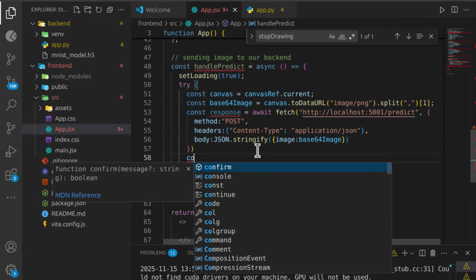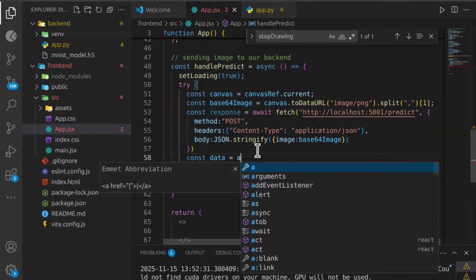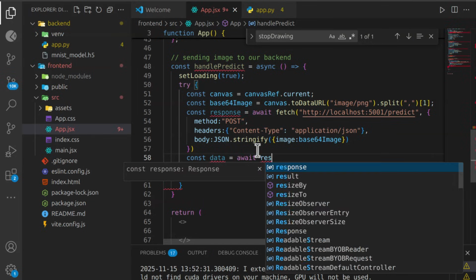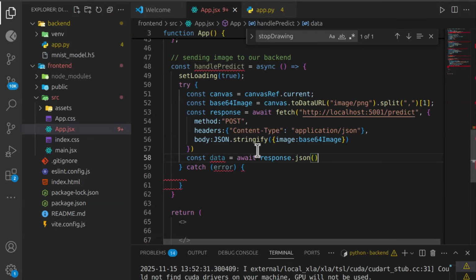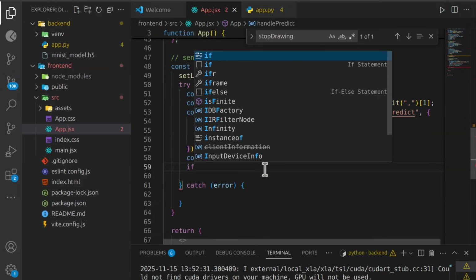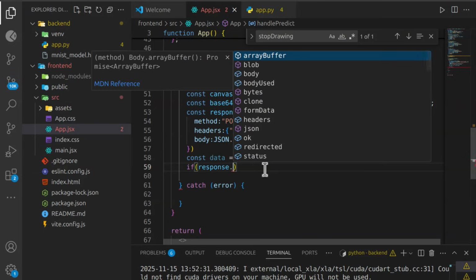Now const data, we are storing the data of the response await, which we are going to use response dot json. We are converting it to JSON. This is how our data will come. Okay, we'll check one precondition. If response dot ok,